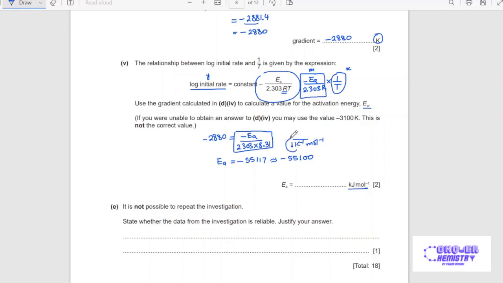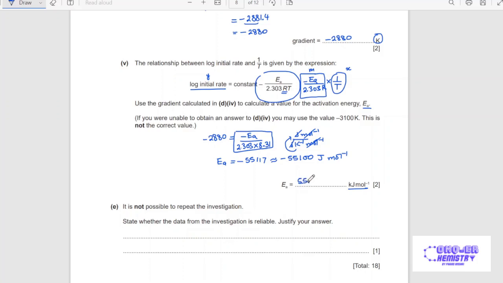Now this Kelvin could come upstairs and it'll become just Kelvin, all right? And in order to make sure that only Kelvin is up there, nothing else, the activation energy needs to be in joules per mole. And so these cancel out, and all you're left with is the Kelvin. So this activation energy, by the way, is in joules per mole. So you need to convert this, divide by 1,000, and you're going to get the answer of